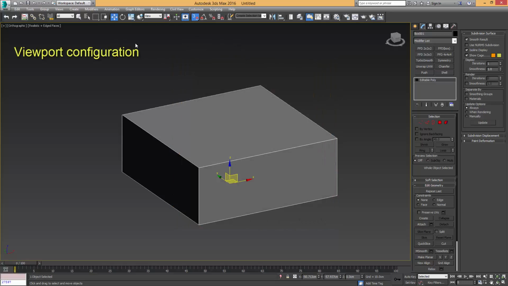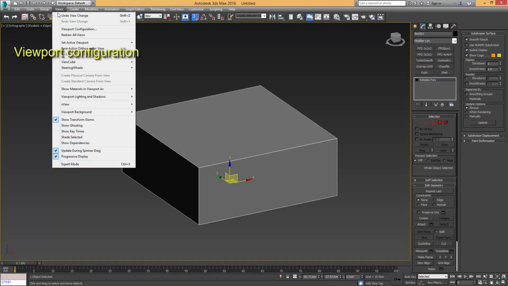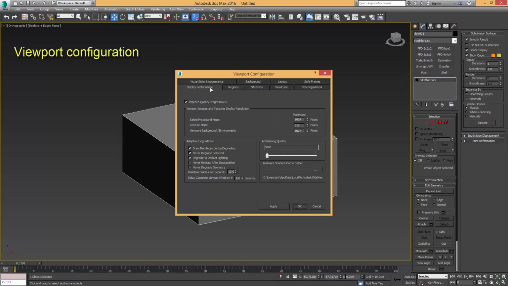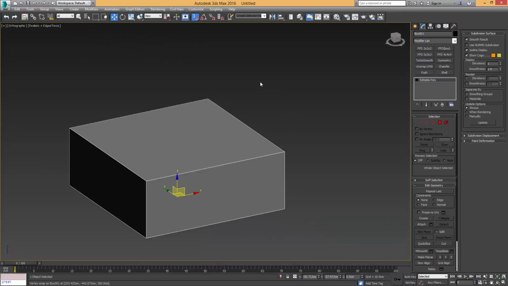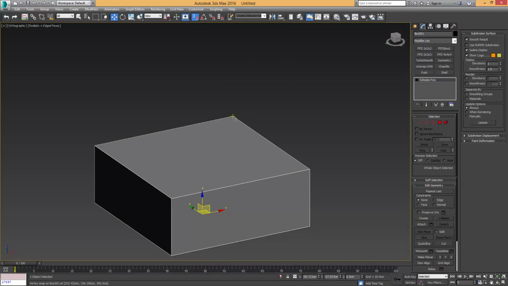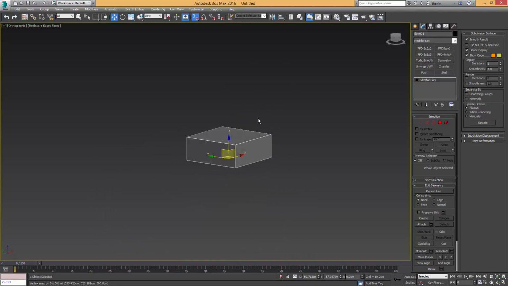Next, I'm going to go over to the viewport configuration under Views and Viewport Configuration. Under Display Performance, first of all, I want to add some anti-aliasing to our scene. Let's have it at least at 2. And I also want to crank up these viewport images to 4K. That will result in 3ds Max giving us the maximum available resolution for, let's say we want to load in some reference